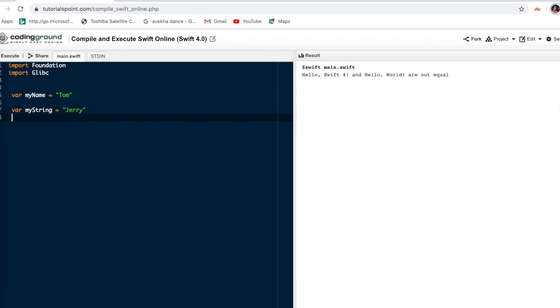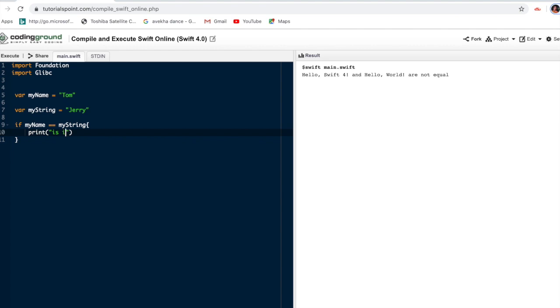So I'm comparing my two strings: if my name is equal to my string, if it is the same, then print it is same.